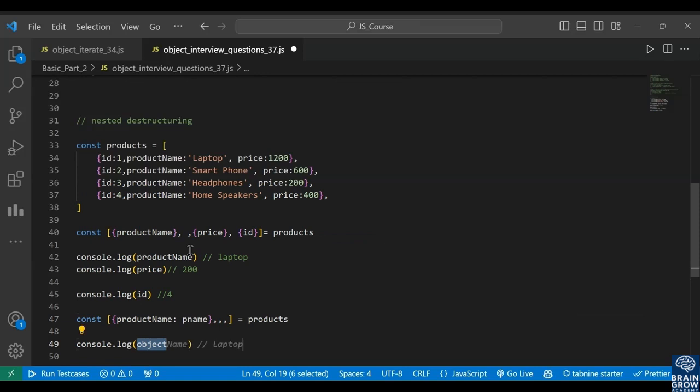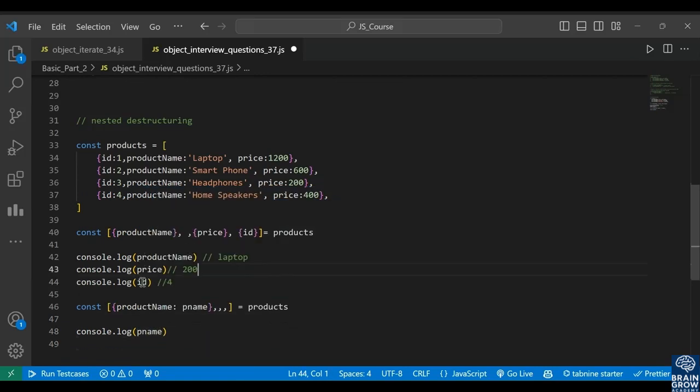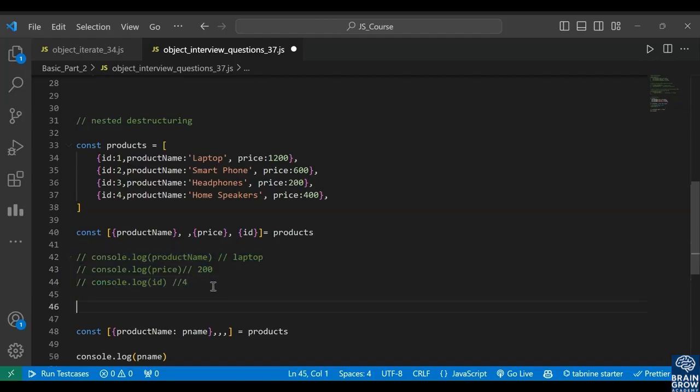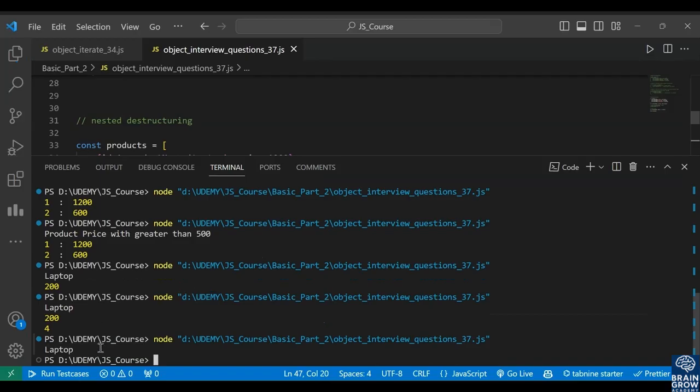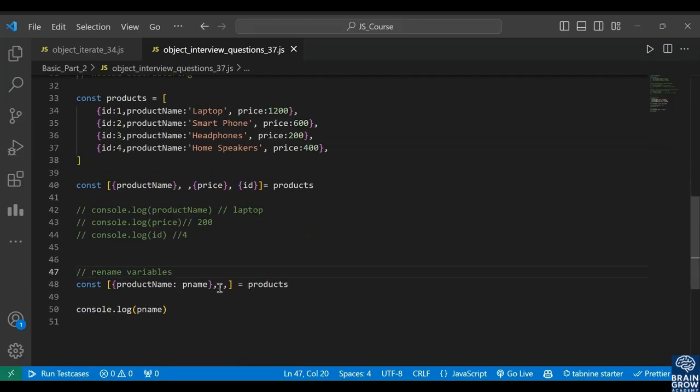Now console pname. First of all comment out this code and here write pname variables. You can see it prints laptop successfully, and here also we write product name, so it fetches product name of second object and